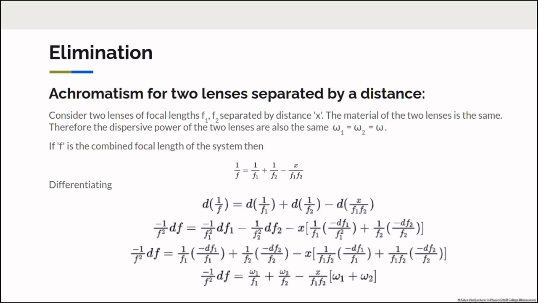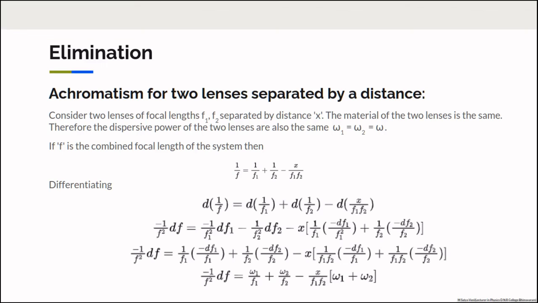The materials of the two lenses are the same, therefore the dispersive powers of the two lenses are also the same. We can take omega 1 is equal to omega 2 is equal to omega in the above expression. When these two lenses are separated by some distance x, this combination acts as a single lens of combined